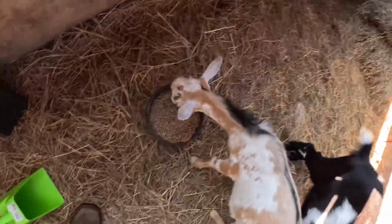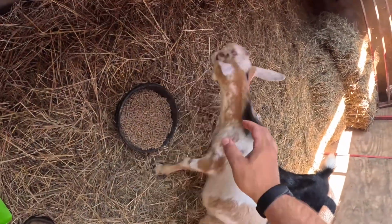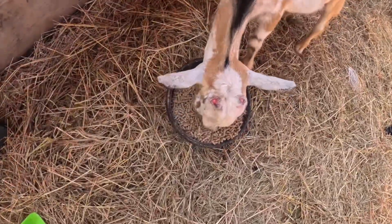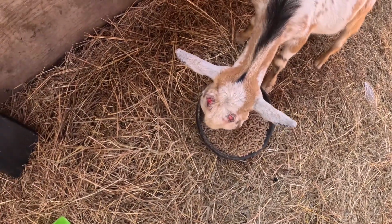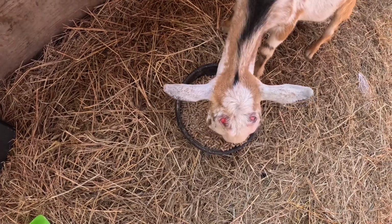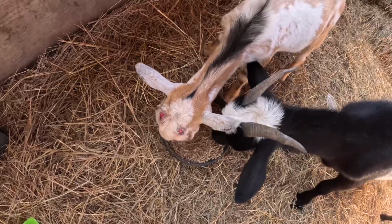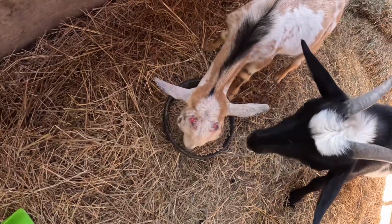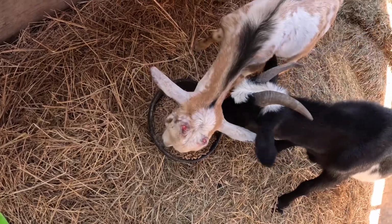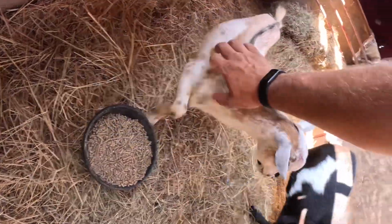I've noticed since he's polled, he has the little nubs on his head where his horns would be. You can kind of see that there. I don't know if he's just rubbing them raw, kind of headbutting with the other goats. I have to spray something on it, give him some medicine. Hopefully it heals up. I don't know. It doesn't seem like it's bothering him too bad, but